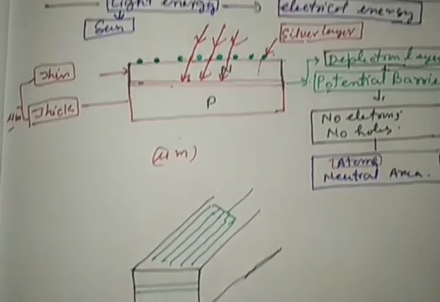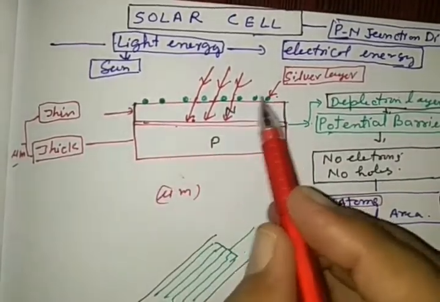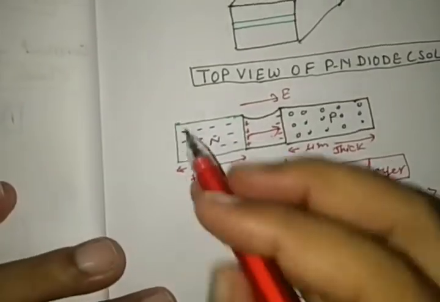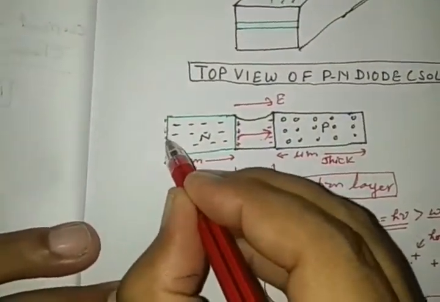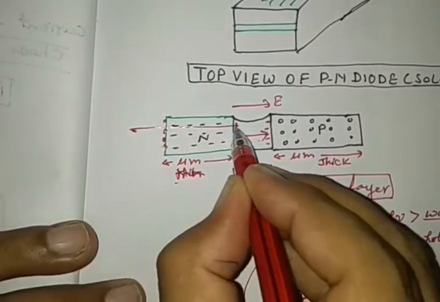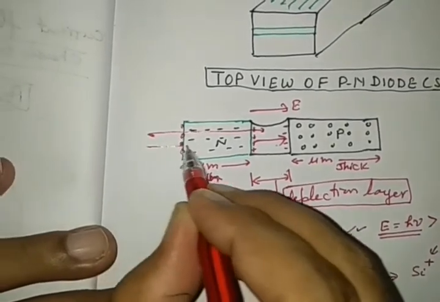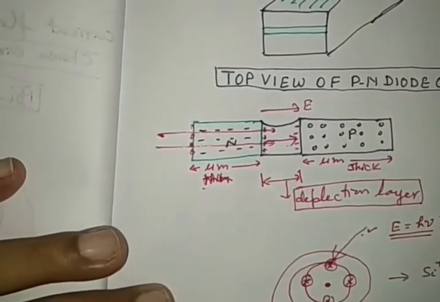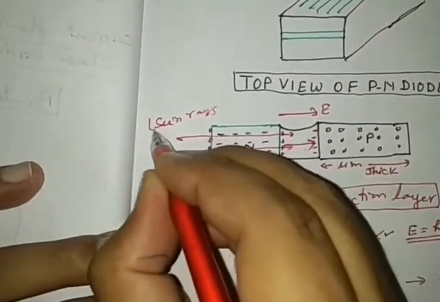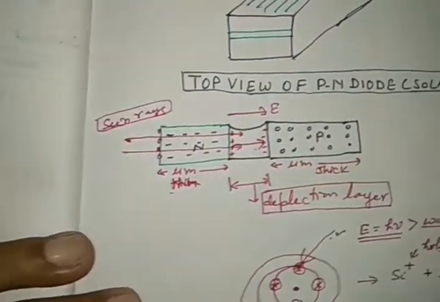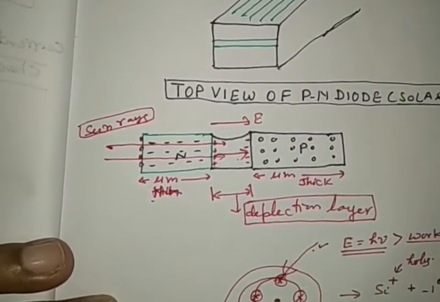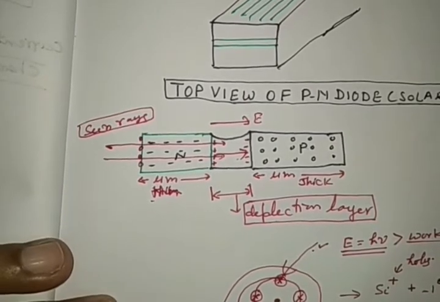In the diagram, the silver layers which are formed are given here in this diagram on this side, and sun rays are penetrating and reaching up to here. After penetrating, see in the diagram, these are the sun rays, light energy, which strike on it. When they reach the depletion layer, see carefully the mechanism. It has an importance in understanding the fact.